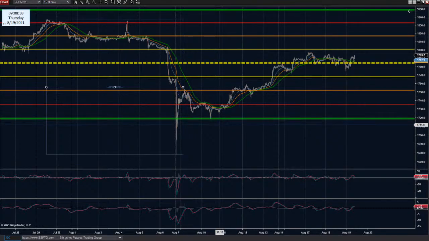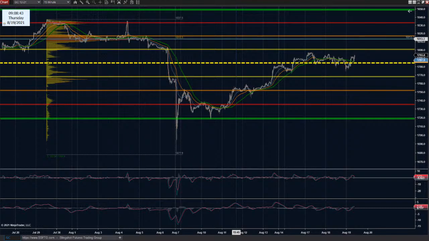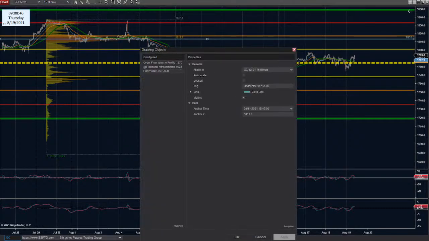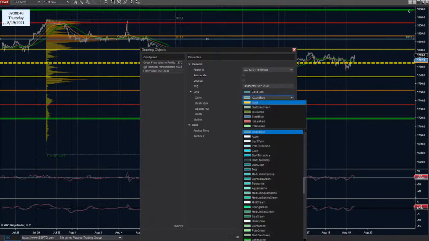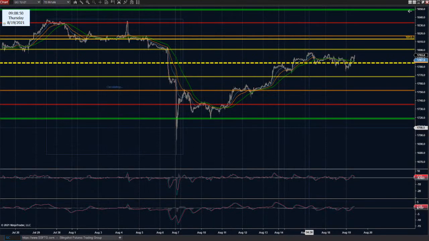Let's scoot this a little further. My data was bugged. There we go. So 13.3 is going to be the major line in the sand for the market to try to reach up to, if it's able to get there. That would be the previous major POC on the impulse.